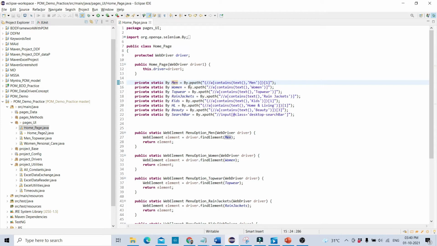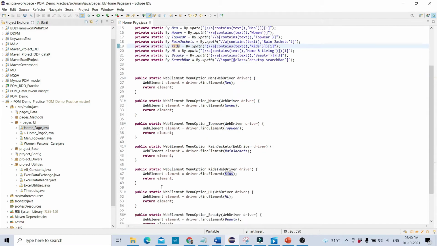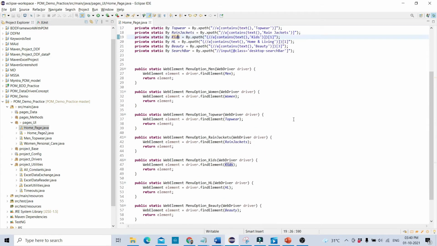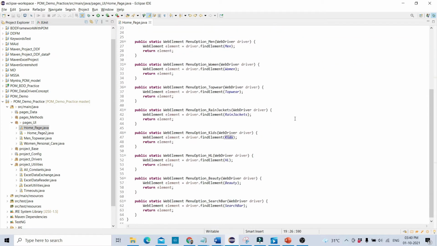Likewise you can give the locator to the By element and name it, and later we can assign this element to a WebElement. So the WebElement and this men is assigned to it. This WebElement will call this men. In the same way, for each element we have a separate WebElement created here. You can see this is the old method that we were using, and next is the Page Factory method.